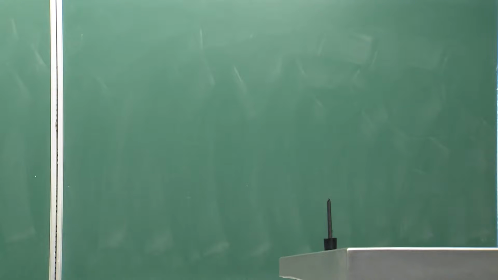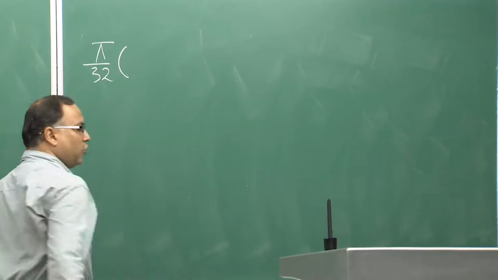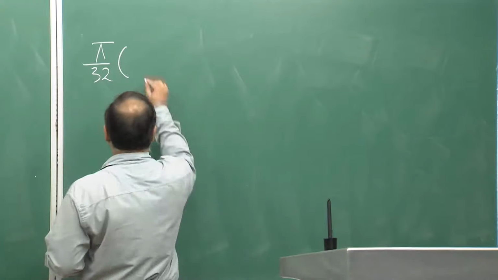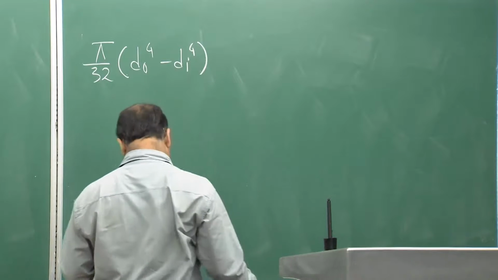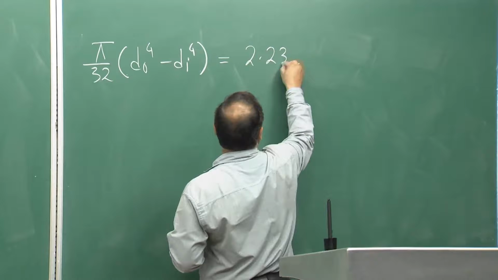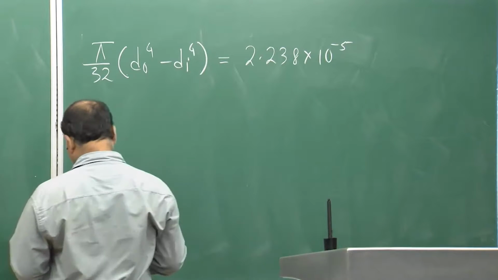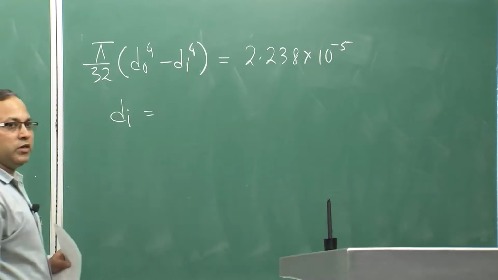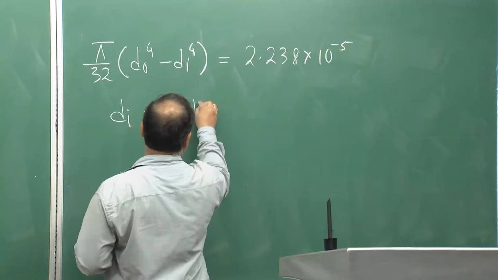This is the expression for Iz of a hollow circular shaft, which we have already seen, equal to 2.238 into 10 to the power minus 5. From this you will get Di, because now DO is known to you. So Di can be obtained as 0.124